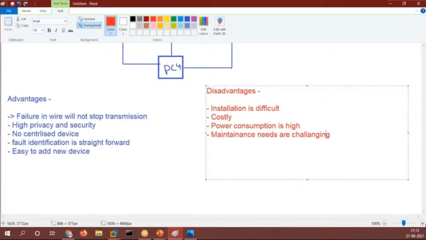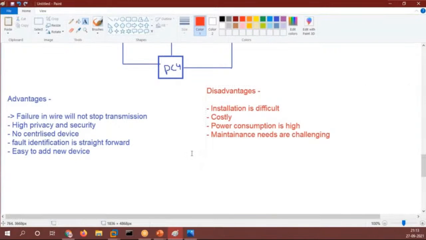right? So there is high maintenance because lots of wires are there and you have to take care of all of them. If any one of them is faulty, then what will you be doing? You will be changing all the things, checking all the things, right?